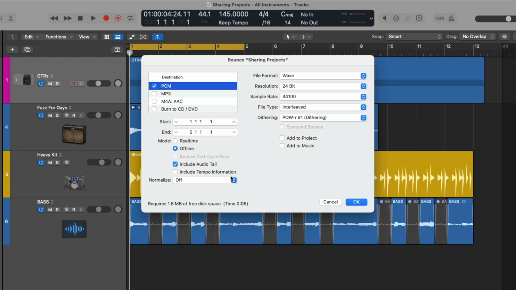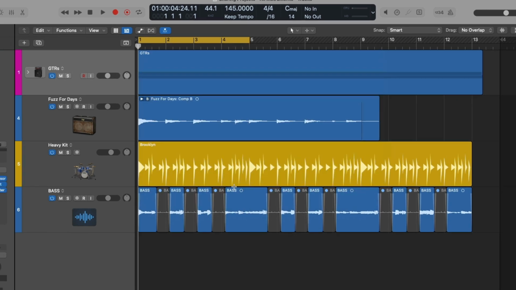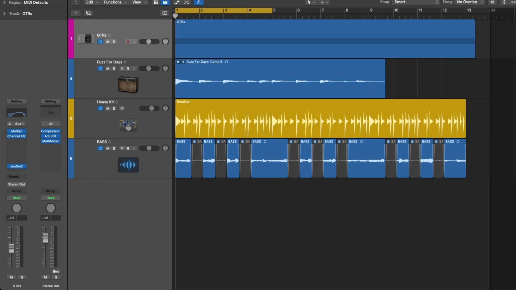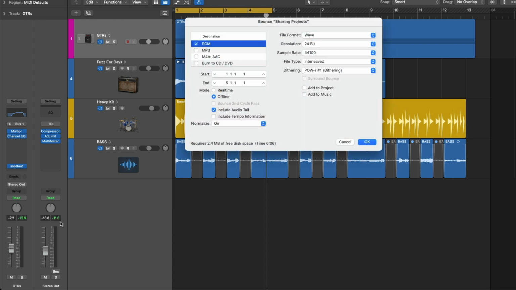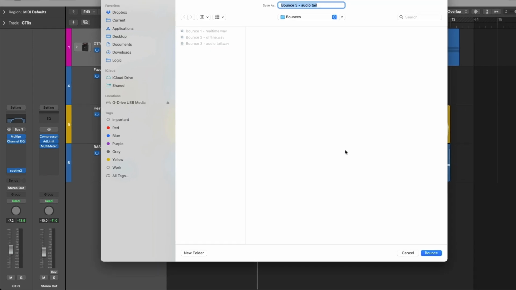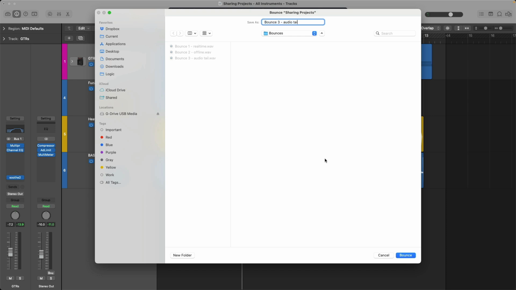And then we have Normalize. When we set Normalize to on, our track's level will be adjusted so that the very top of the peaks in our audio will be normalized or boosted to 0 decibels. So for example, if I adjust the level of the project, so we're reducing the level by 10 decibels, if we listen, we can see the peaks of our audio is roughly around -11 on the peak meter. But if we include normalizing and click OK, and we'll call this bounce 4 normalize,